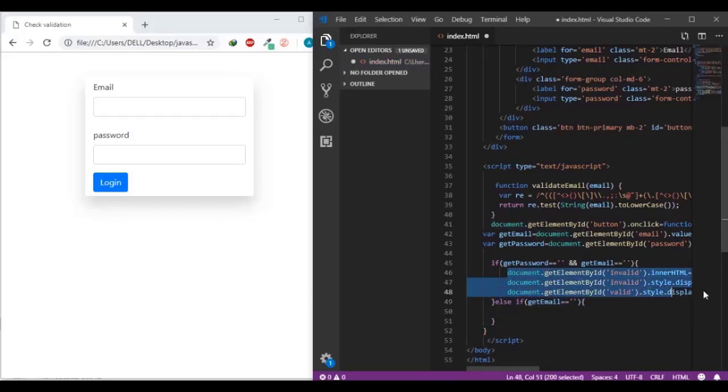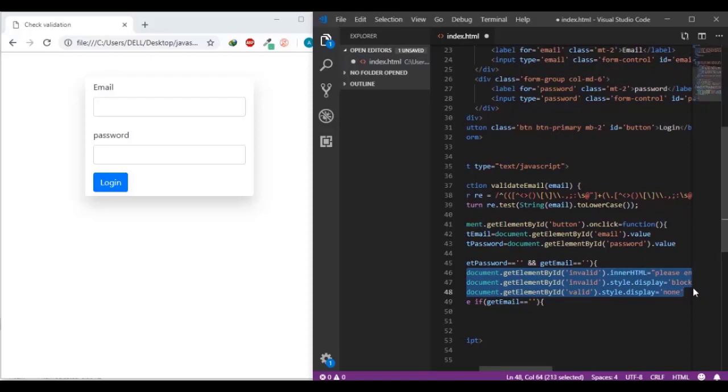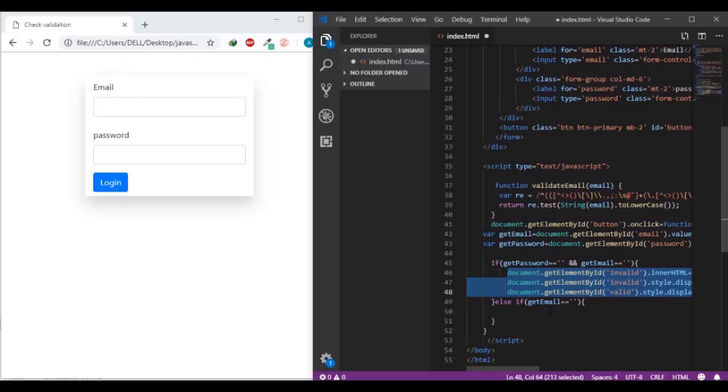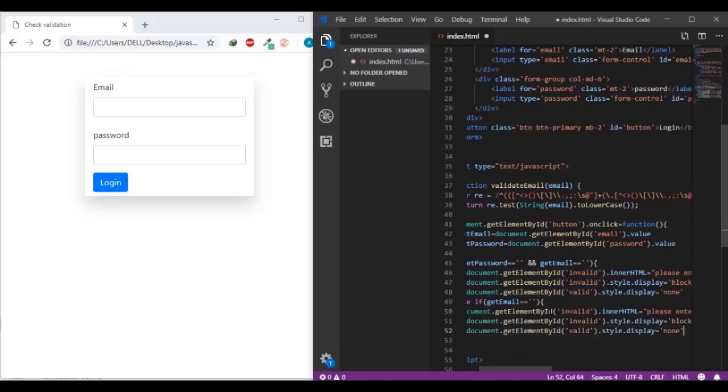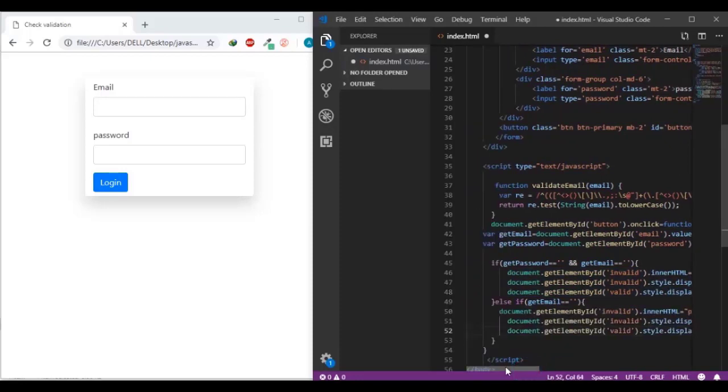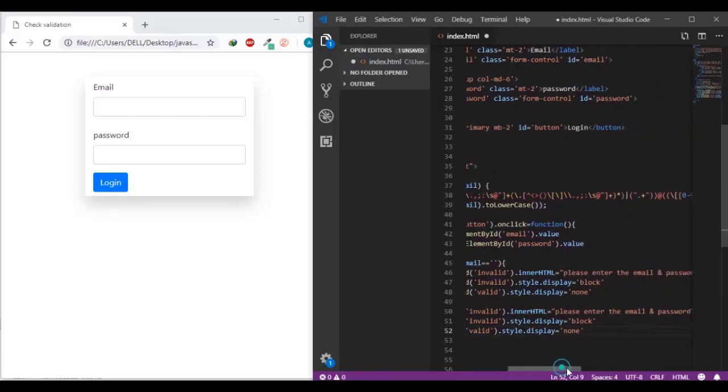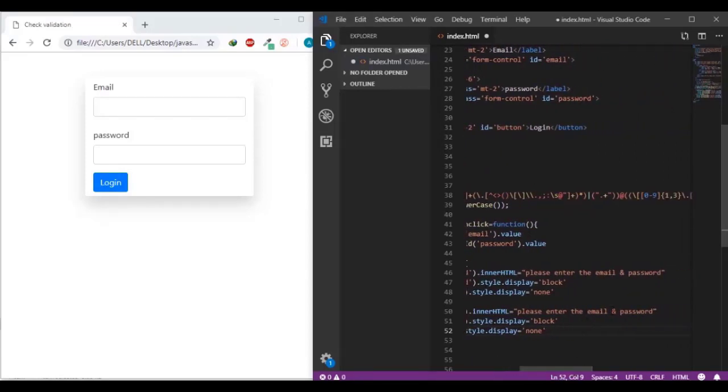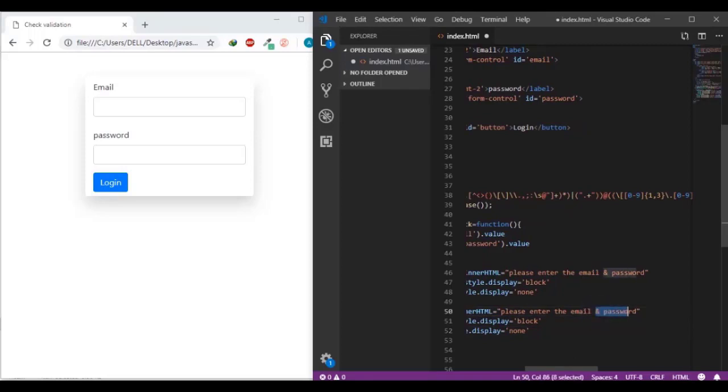So in this case I will do the same thing, but just we will change the text. So just the text will be please enter the email,